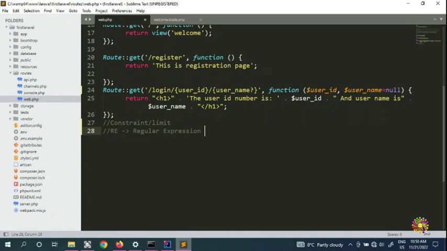So regular expression, or RE, is a very popular pattern matching. Python uses this, C++ has it, Java has it, regular matching, PHP has it, and PHP and Python use the regular expression all the time. So what is the regular expression? Say, for example, you have a program and you don't want anyone to come and use the